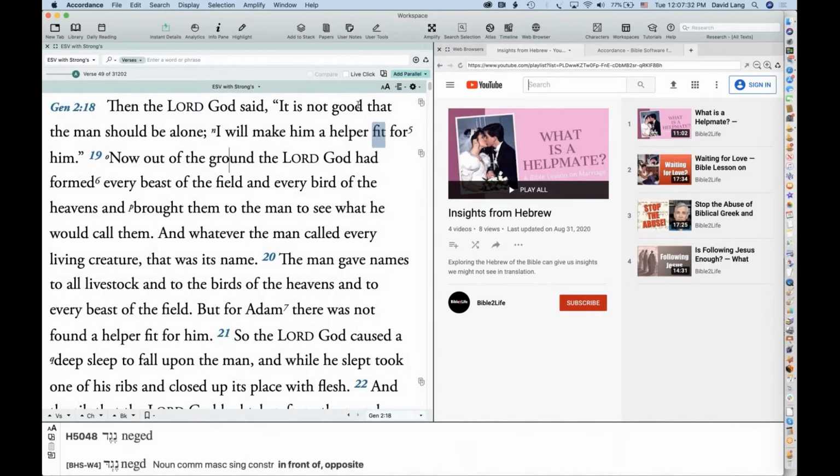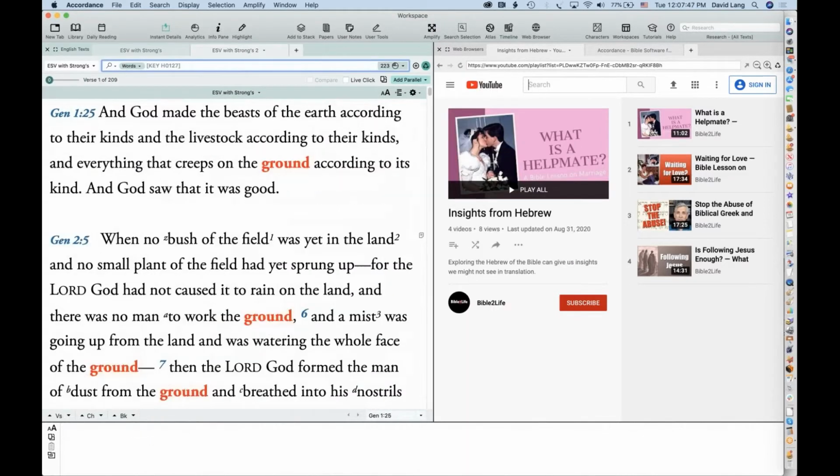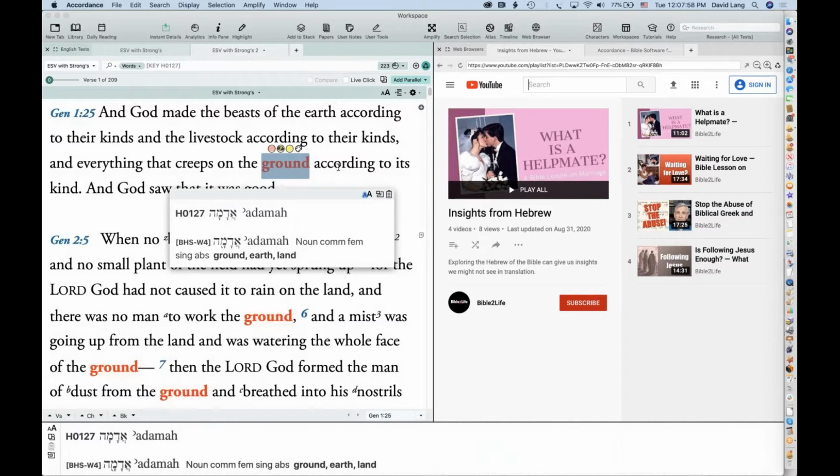In fact, let's do ground, adamah. I can right click on ground and search for the key number. That will open up a new tab, and this is essentially searching not for the English word ground, but for the key number H127, which is the Hebrew word adamah.